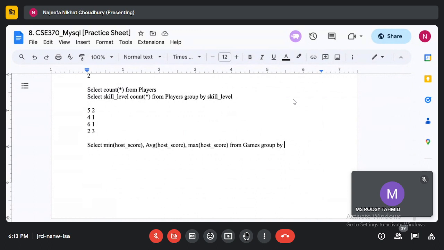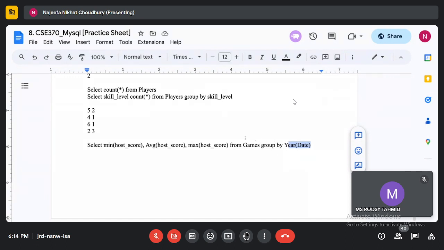So I don't want to do it for the entire date. I want to do it for only the year. I can use the year function. So for date there are 3 functions: year, month, and day, where you can extract the year of the date and the month of the date and so on. So if I group by the year of the date, then for 2022 the mean, average, and max score will be shown.